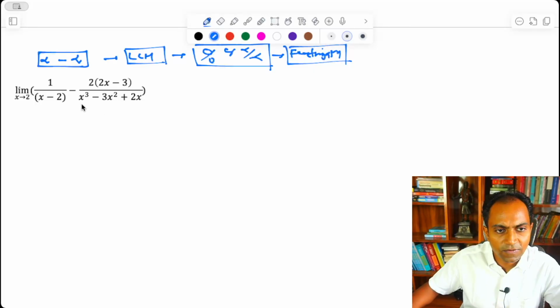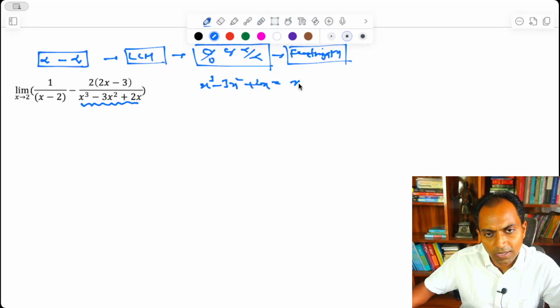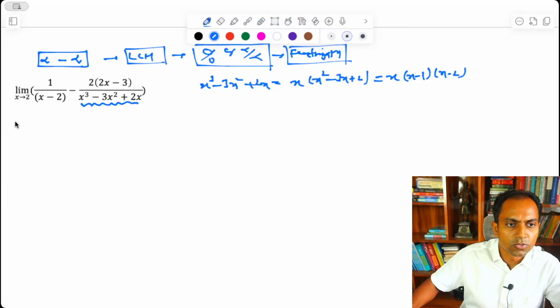So first let us factorize this denominator. What is written here is x cube minus 3x square plus 2x. So I can take x common. This will become x square minus 3x plus 2. And then I can write this as x into x minus 1 into x minus 2. Once you have written it like this